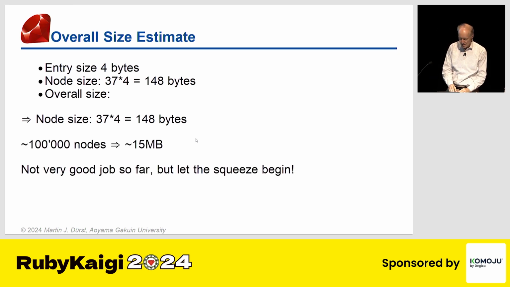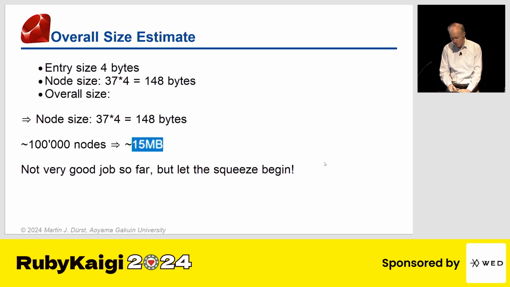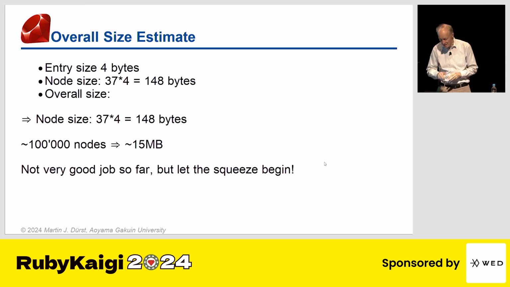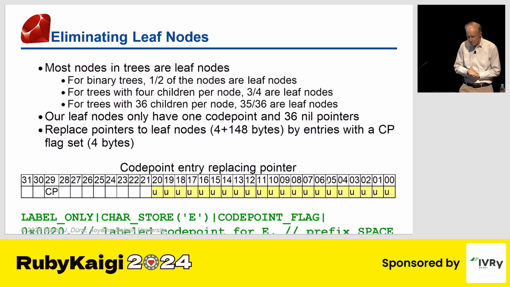And it depends on how we calculate, but we need on the order of 100,000 nodes. So we would, at this stage, need on the order of 50 megabytes. And we are not doing a very good job so far. But now we come to the squeeze. Okay, so